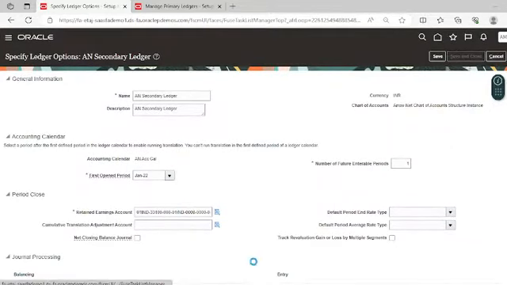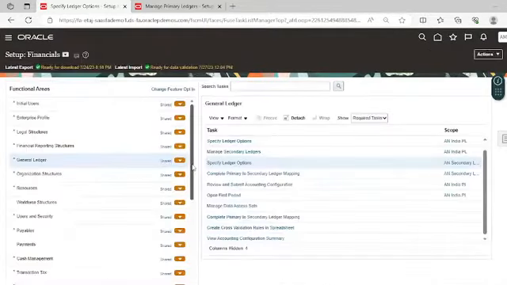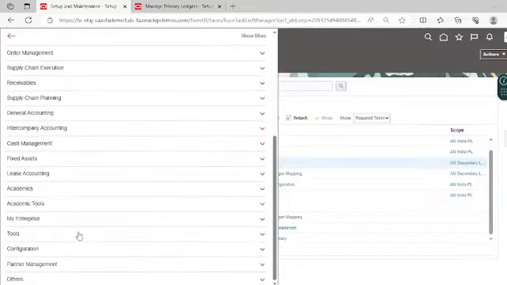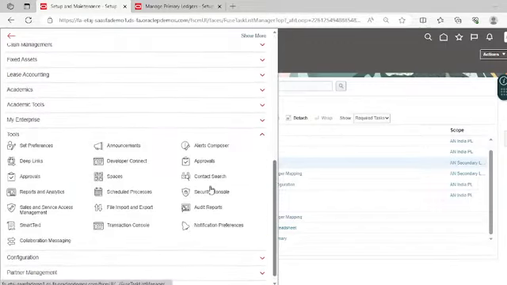Click on save and close now. So we have created the secondary ledger. Now we have to create the user for that, and we have to follow the same process.